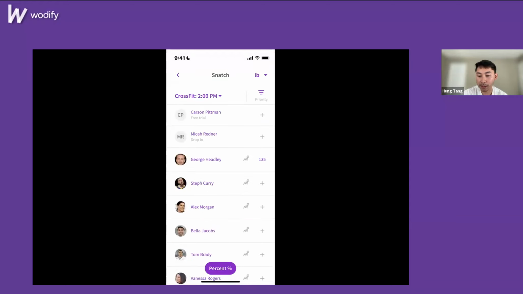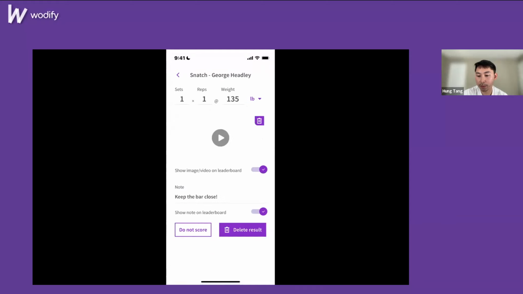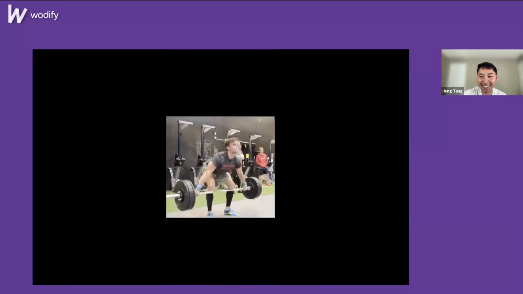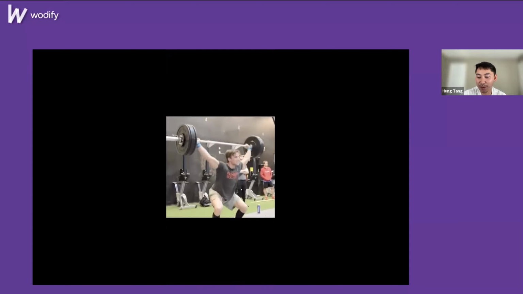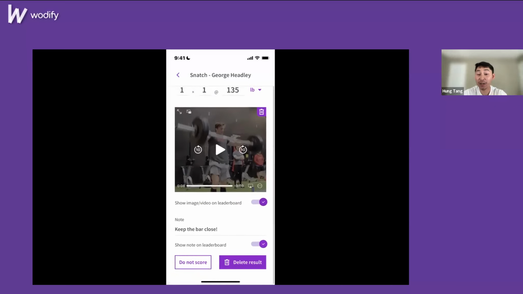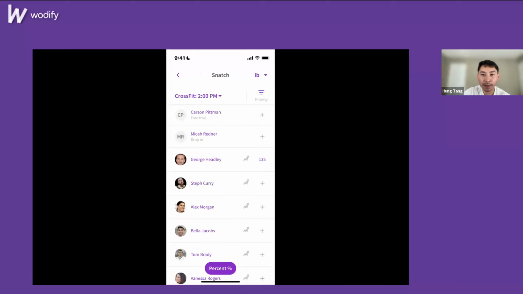Awesome. So I just want to go back into the result and show you that video that I just uploaded real quick. This is George doing a snatch. Beautiful form. Okay, and then one last thing. In the future, we'll be adding functionality so that you can also make public leaderboard comments directly on the result on this add edit result screen. But today you can also go to the leaderboard, add comments the same way other clients are able to. So with that, Brendan, I'm going to stop sharing and hand it back to you for a recap.